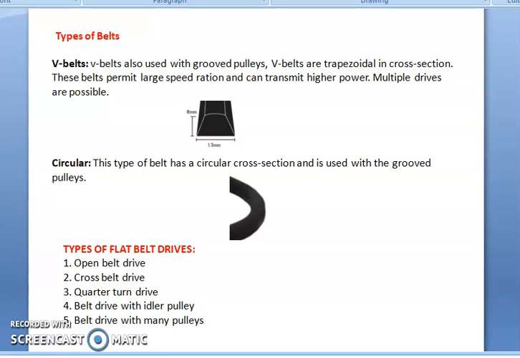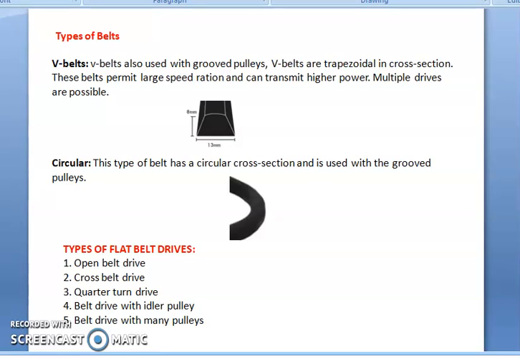In the case of V-belt, a higher thickness of the belt is preferred compared with the width of the belt, whereas in the case of flat belt, a higher width of the belt is preferred compared with the thickness of the belt. Actually, the frictional grip is based on the available contact area. So the frictional grip that exists between the belt and the pulley surfaces plays a major role in the transmission